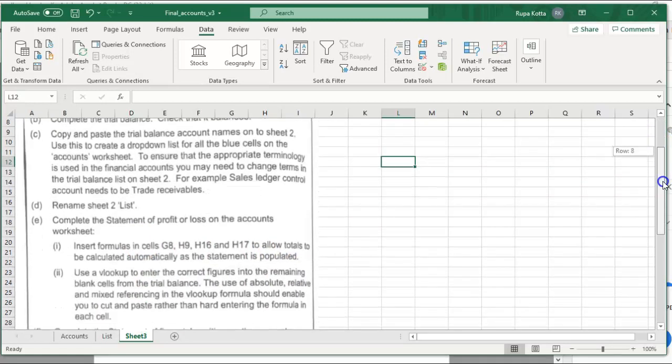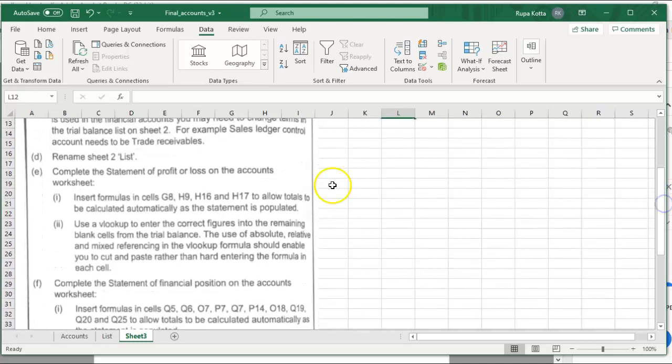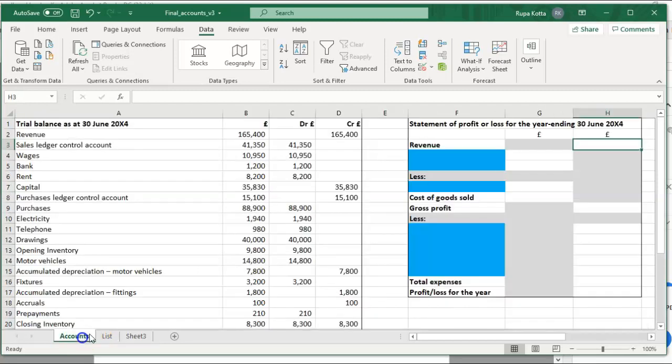Complete the statement of profit or loss on the accounts worksheet. Insert formulas in cell G8, H9, H16 and H17. G8 over here, cost of goods sold. H9, gross profit.